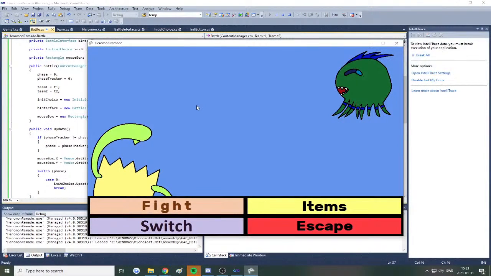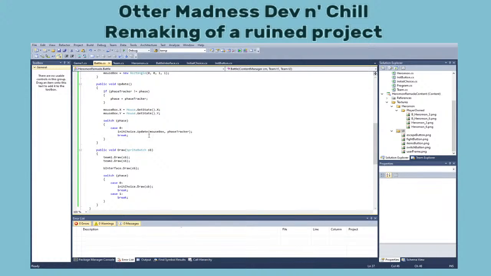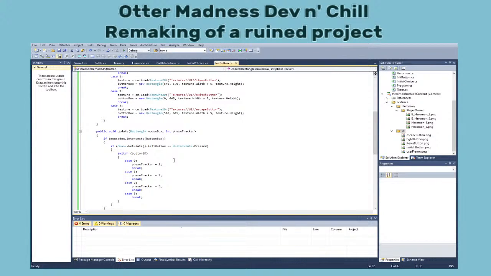Okay. Still doesn't work. Okay. All right. So in the update, we give it the face tracker, and we give these ones the face tracker. I could always